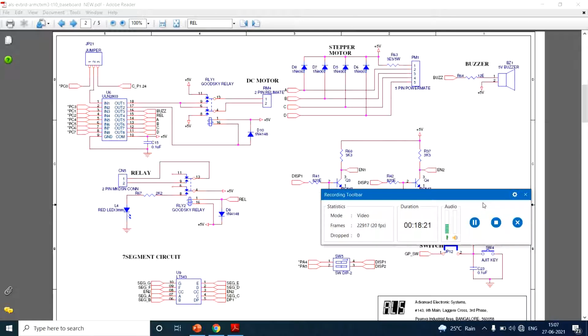Next, your assignment is that you are supposed to find out the connections for the DC motor. The DC motor connection is there on the second page, right? So just scan down where this DC motor is connected to ULN 2803. Then get to know at which pin this DC motor is connected to LPC 1768. Once you find out the pin connections, then the writing of the programs will be very, very easy.